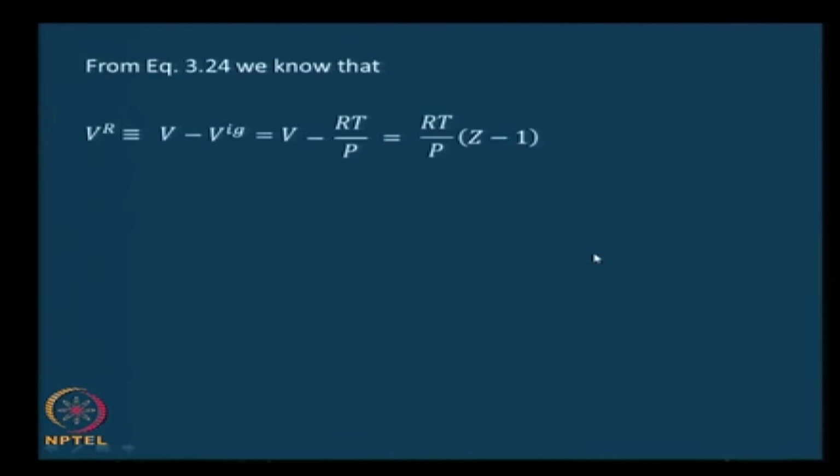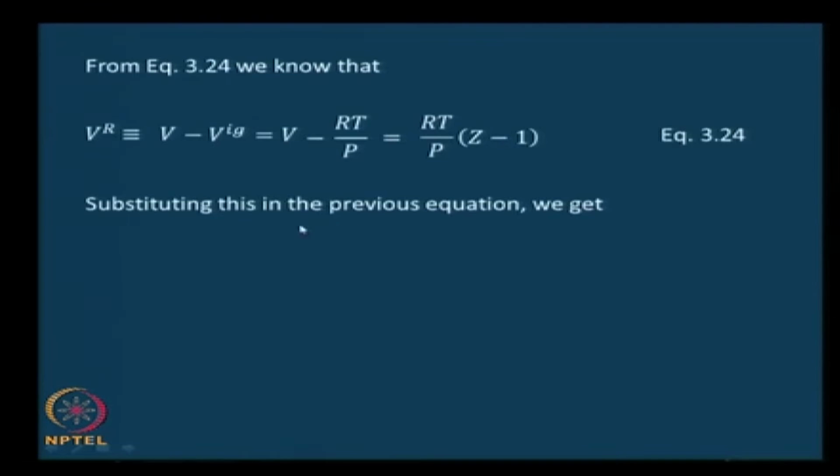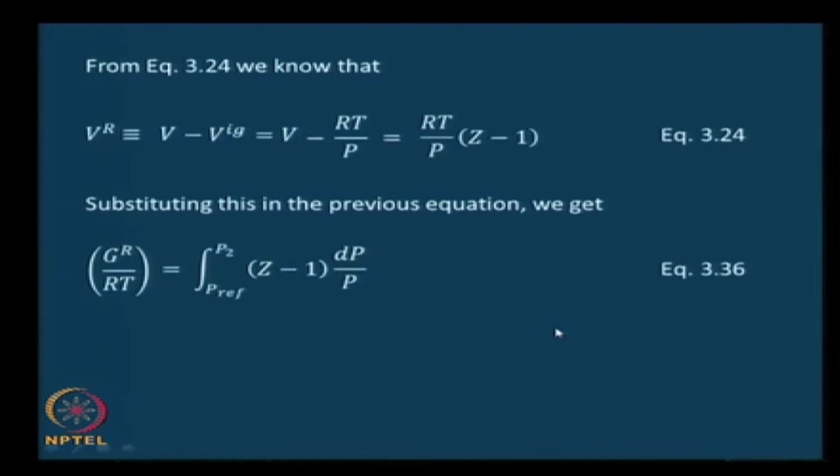This we saw in equation 324 itself. If we substitute this in the previous equation for Vr, we get Gr by RT equals the integral from P reference to P2 of Z minus 1 dP by P. We will call that equation 336,